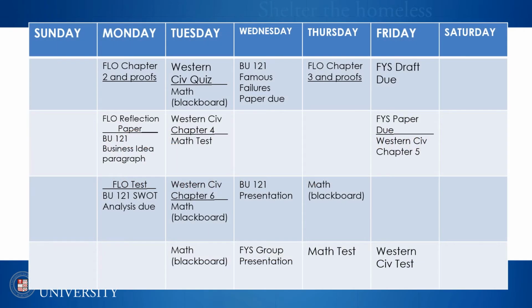Instead, what you do is you take your desk calendar and all of your syllabi and plug in every single thing that's due according to your syllabi. So if you have 5 classes, go through and put onto your calendar when everything is due. And what you'll have is a nice little snapshot that looks like this. So you can see which weeks are going to be really, really difficult for you and which weeks might be